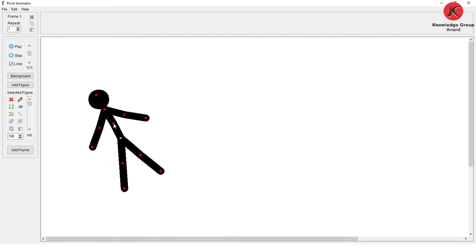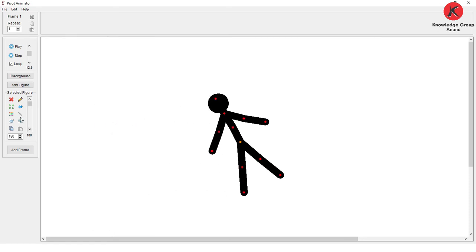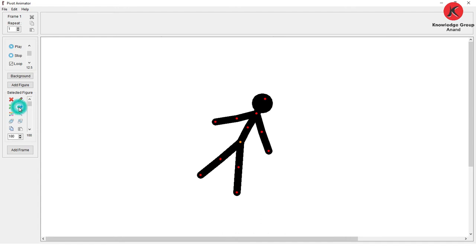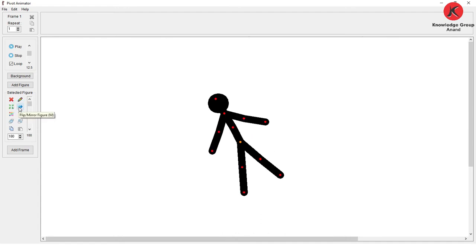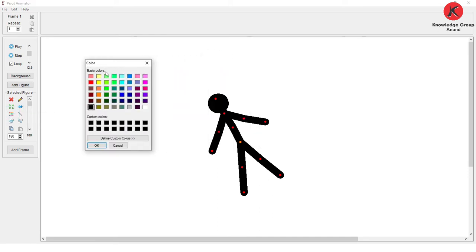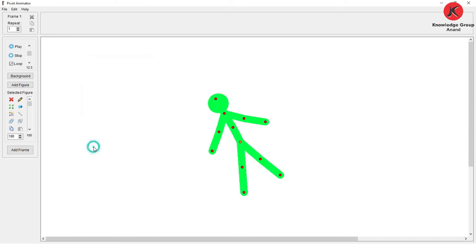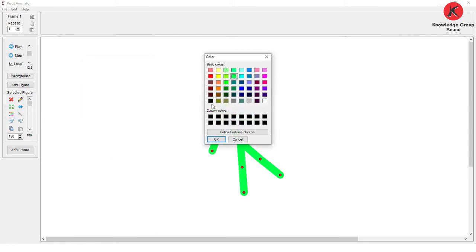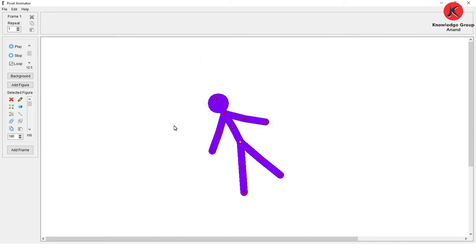Next, if you want to flip it, then we have to use the flip button like this. This is the flip button. Click on the flip and it will automatically change to the reverse format, that is called a flip. Now if you want to change the color, we have a color palette here. Select the particular color and press okay, and it will automatically change to that specific color. If you want to change it to this, click it and it will change to that color.